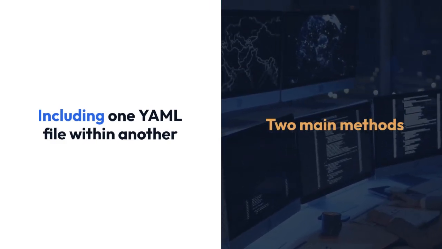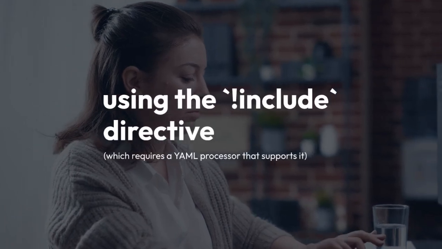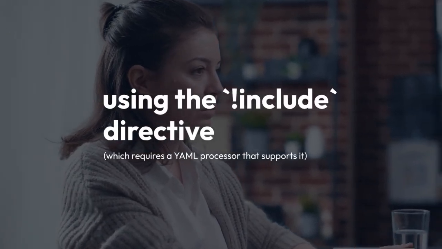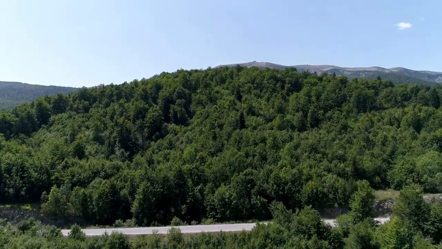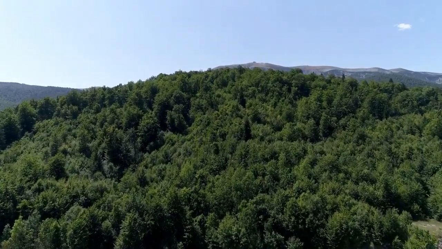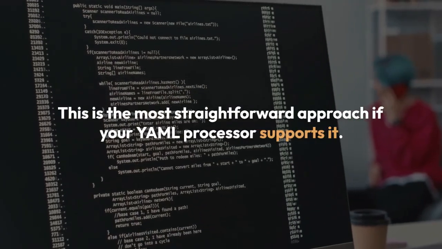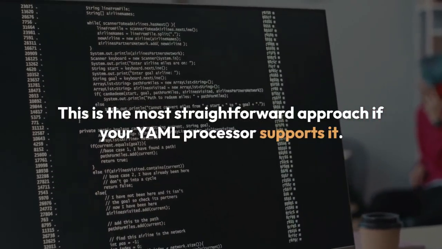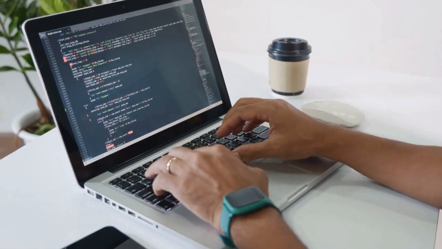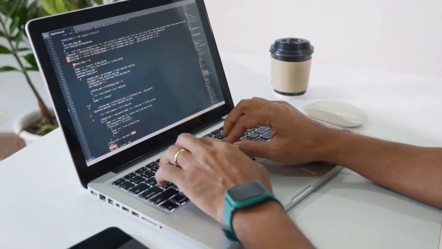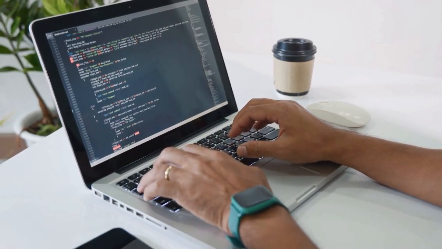We'll cover two main methods: using the include directive, which requires a YAML processor that supports it, and a workaround using a scripting language like Python. 1. Using the include directive. This is the most straightforward approach if your YAML processor supports it. The include directive allows you to directly specify the path to another YAML file, and its contents will be merged